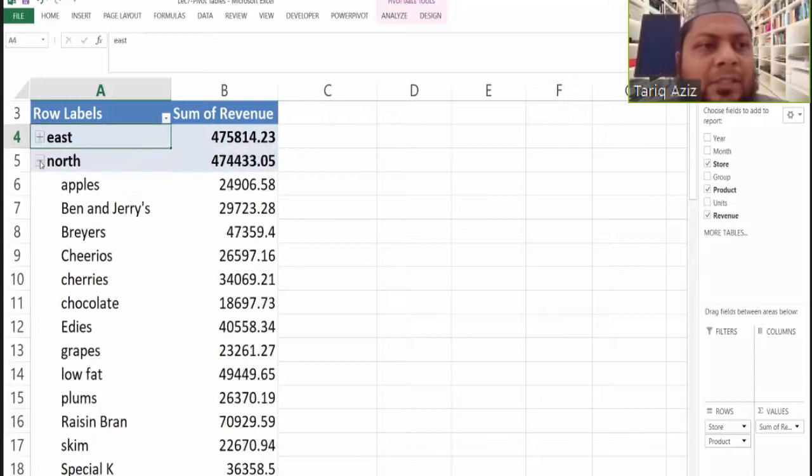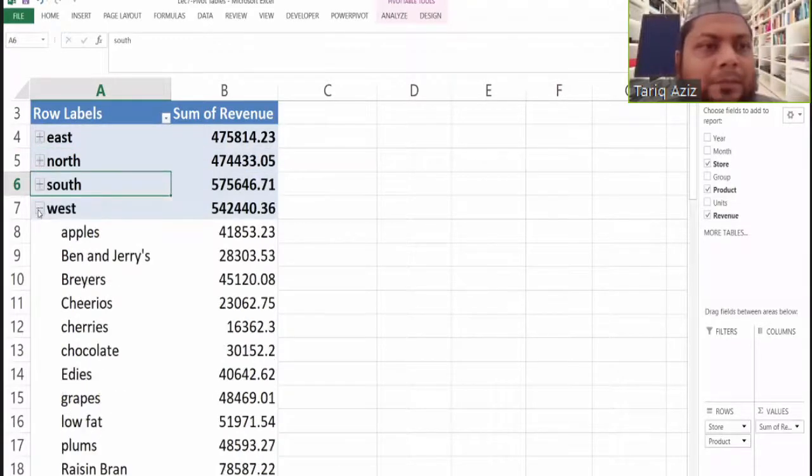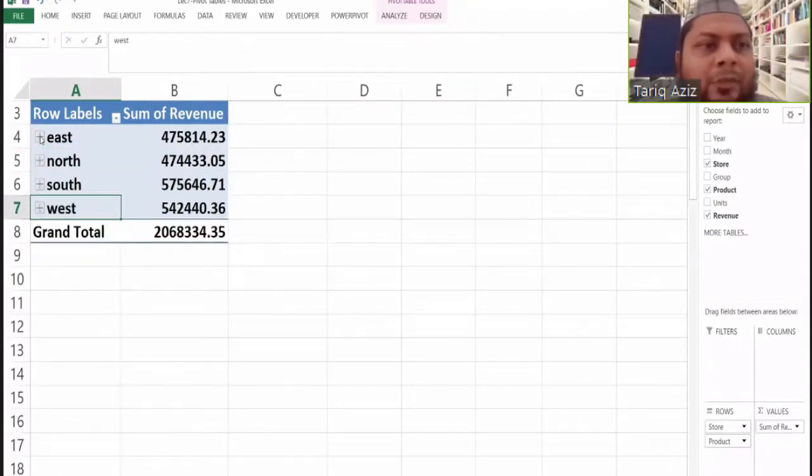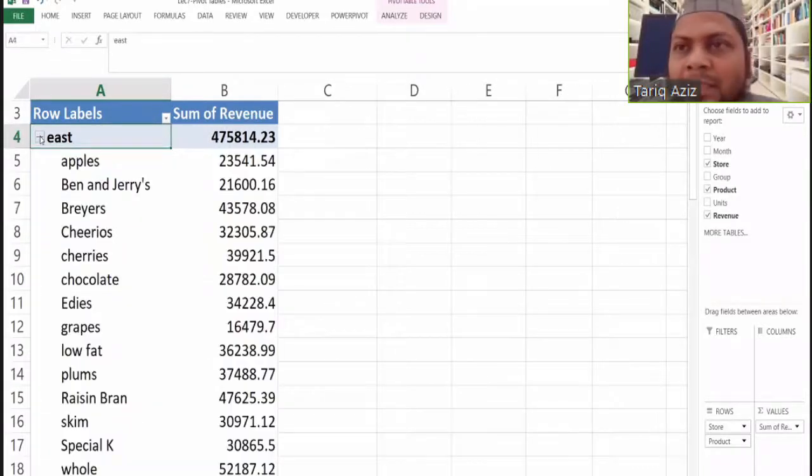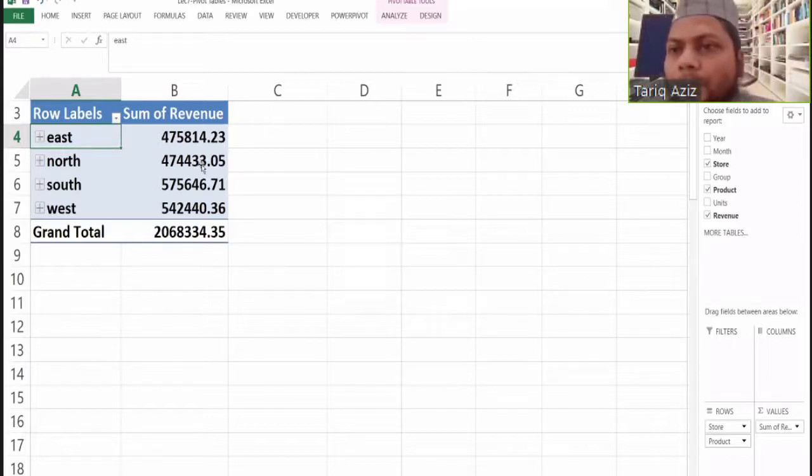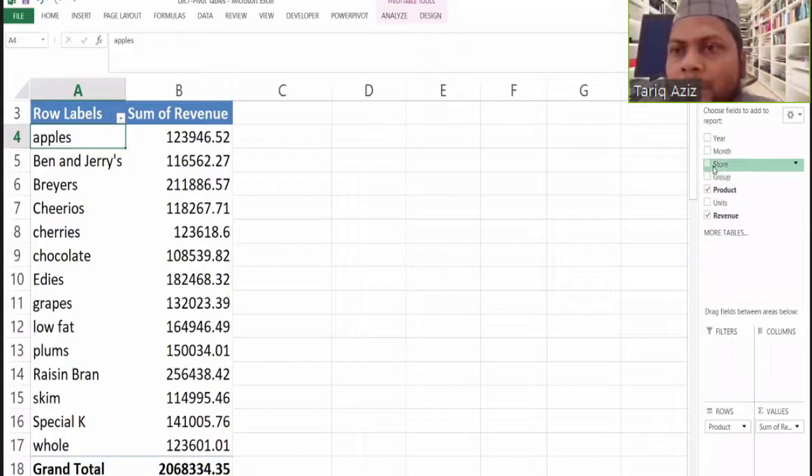We can minimize this also like this. If we want to look at the detailed data, we can click on the plus sign and the table will be expanded like this. So isn't it a good feature?